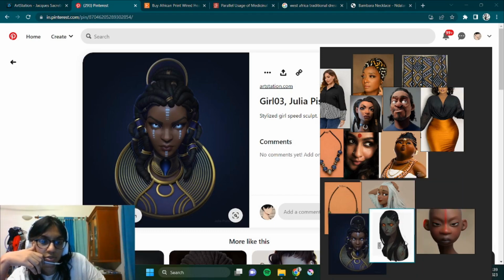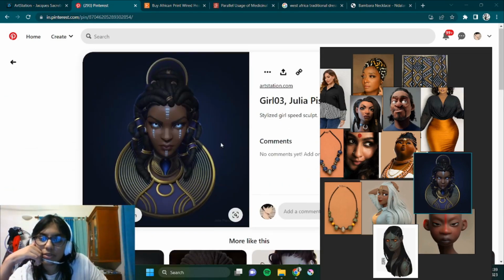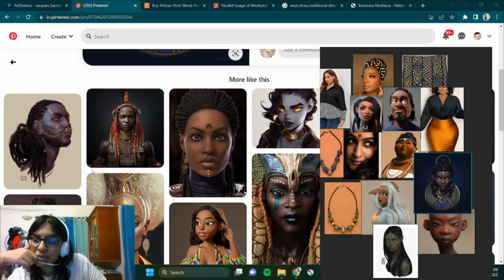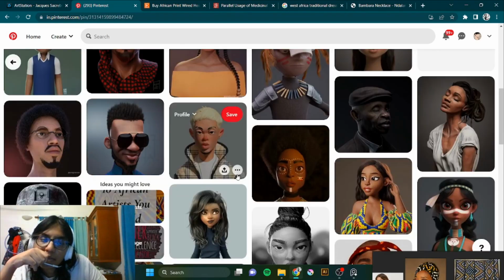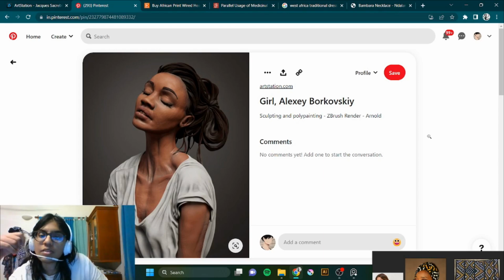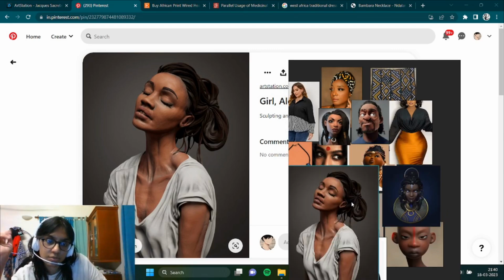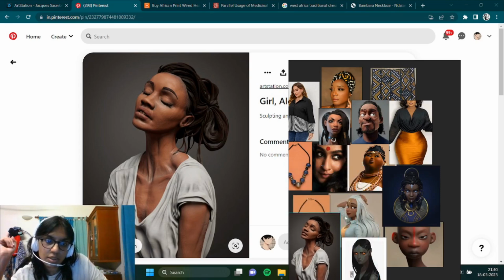So I could use this. I love the eyes too. I love how they're glowing pretty much. Oh wow. This is so beautiful. Okay, this is also stylized for sure. And they've got wrinkles on their body, so that would be a very good reference for me.